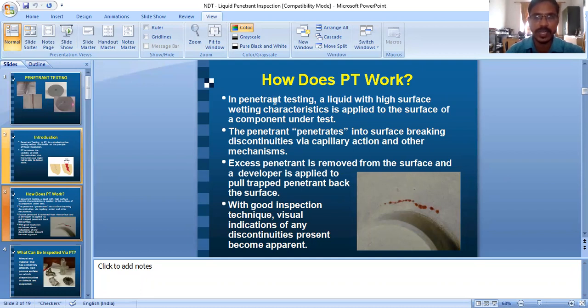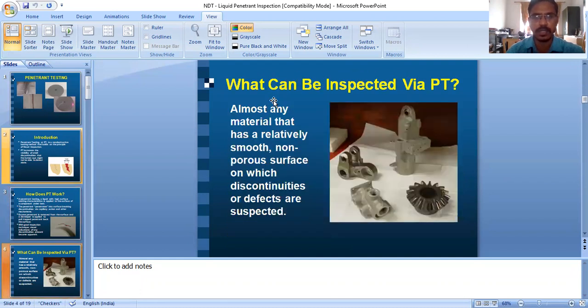After giving sufficient time, the excess penetrant material on the surface of the test specimen is removed, and finally, through application of an appropriate visual inspection technique, we can note the discontinuities visible on the surface.